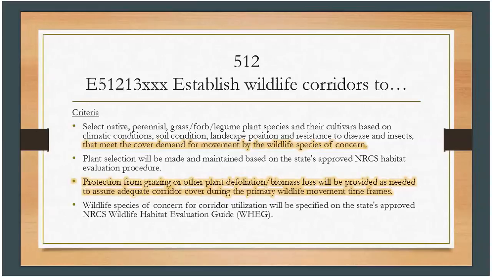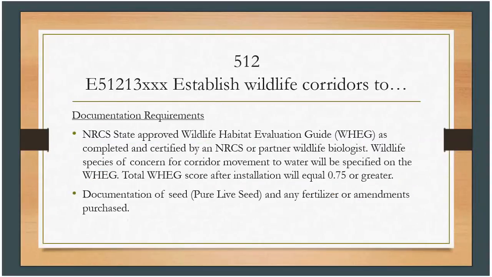Protection from grazing or other plant defoliation and biomass loss will be provided as needed to assure adequate corridor cover during the primary wildlife movement timeframe. And wildlife species of concern for corridor utilization will be specified on the state-approved NRCS WAG. The documentation requirements for these wildlife corridors are an NRCS state-approved WAG, completed and certified by NRCS or a partner wildlife biologist, where the total WAG after installation is equal to or greater than 0.75,